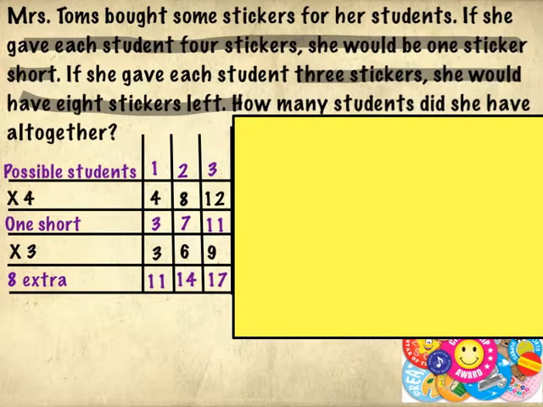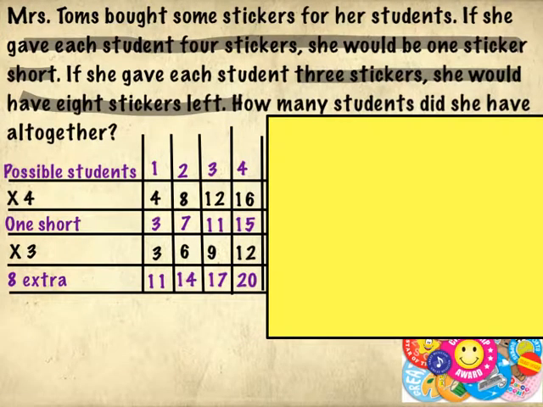So if there's 3 kids in her class, 3 times 4 is 12, minus 1 is 11. 3 times 3 is 9, plus 8 is 17. Numbers don't match, but you'll notice they are getting closer. These are 8 apart, these are 7 apart, these are 6 apart. So I've got a pretty good guess about how far I'm going to have to go to get to the